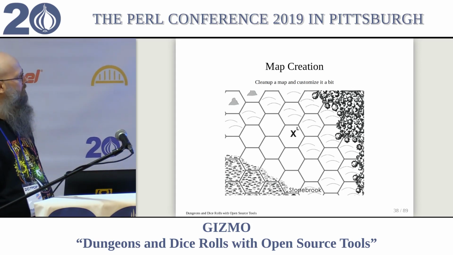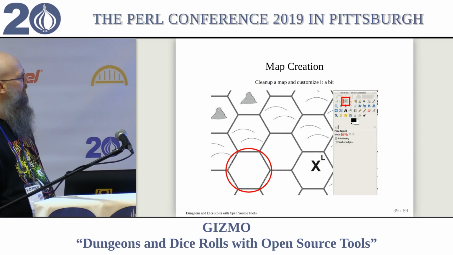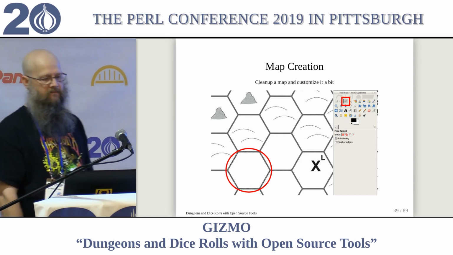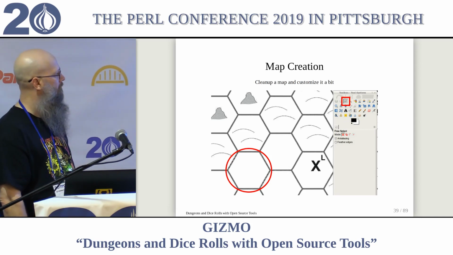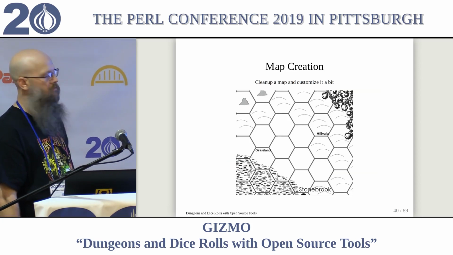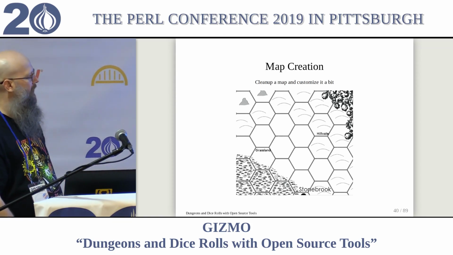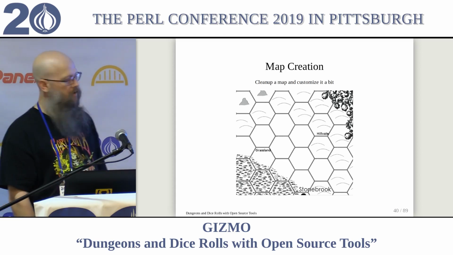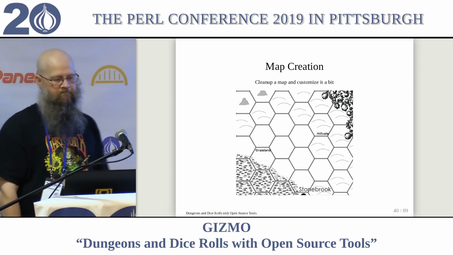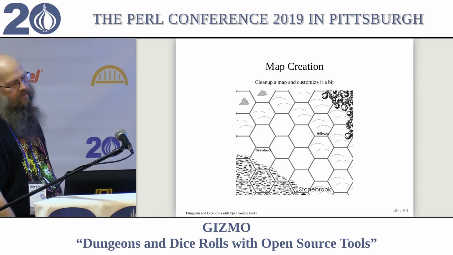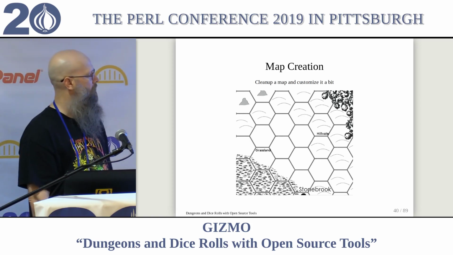So I could use GIMP and choose the free select tool. Hey, there's a hex that's empty. Select it, copy, paste it, stick it over where that was. Hey, there's no more stupid little annotation. And while I was there, I added some towns that are under the control of the Duke of Stonebrook, which is nice.